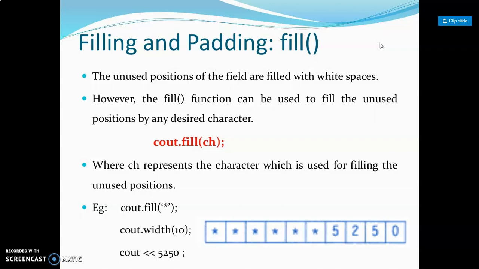Filling and padding: fill(). The unused portions of the field are filled with white spaces. However, the fill function can be used to fill the unused positions by any desired character. cout.fill(ch), where ch represents the character which is used for filling the unused positions. Example, cout.fill('*'), the unused positions, the width of the text is 10. Here the input only is 5250 was given. The balance spaces are filled with the asterisk because you have given